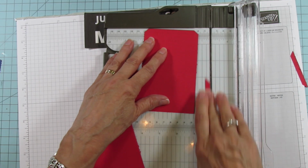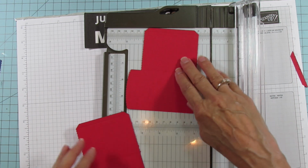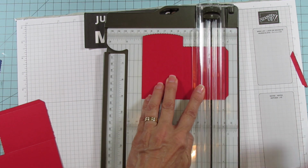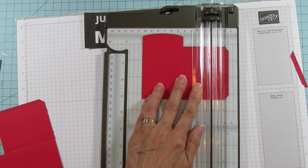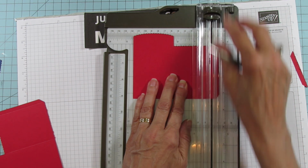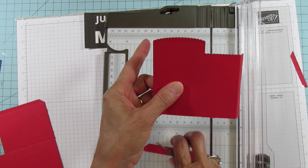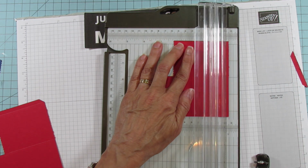All right, and then what you're going to do is score on this side. You're going to put this end, and this is the taller end, at the 4-inch mark, and you are going to score down. We're making our own little glue tab here. And then you're going to move it over to the 1/2-inch line here, so you have a 1/2-inch glue tab. So we're cutting that off there. So that's all you need right there. We're going to do one more score, and that's to score the bottom at 1 inch